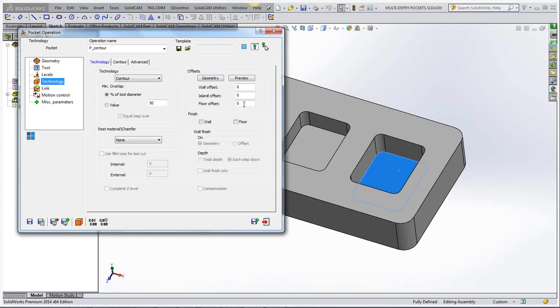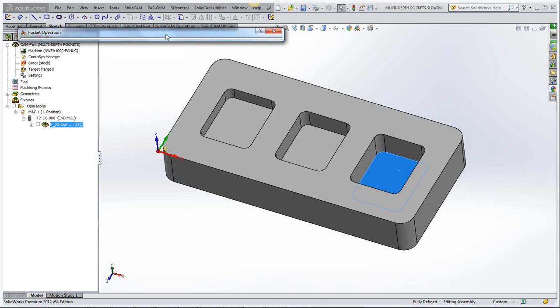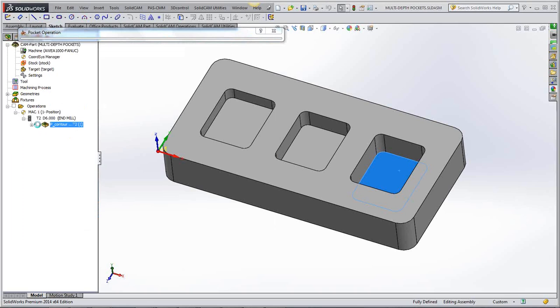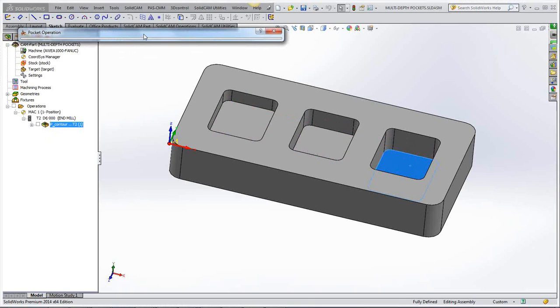I'm just leaving nothing on there, and I'm now going to, let's check my link. I'm just going to helically drill down into that. Save and calculate now, and I'll just shift that out of the way. I'm just going to put the tool path on there for now, and you can see quite clearly that it's gone to them different heights. And if I now simulate that for you,